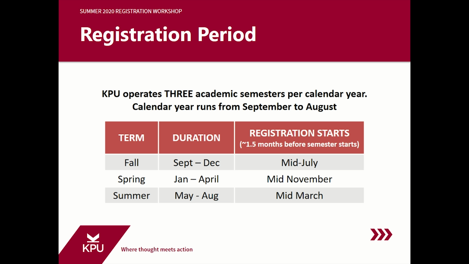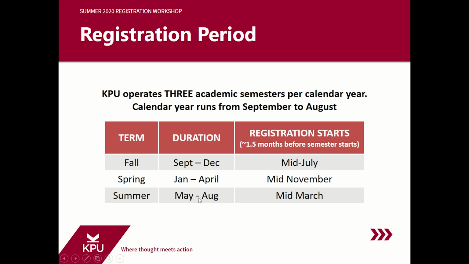Before we begin with registration, it is important for you to know that KPU operates 3 academic semesters per calendar year. A calendar year runs from September to August. The 3 terms are fall, spring, and summer. The fall semester runs from September to December, spring is from January to April, and summer semester is from May